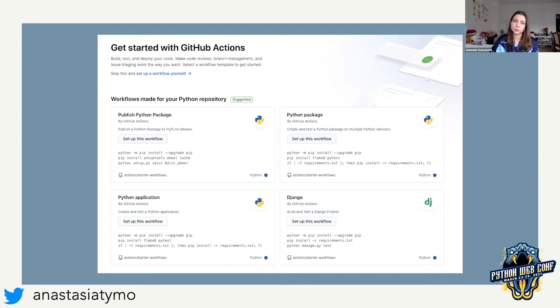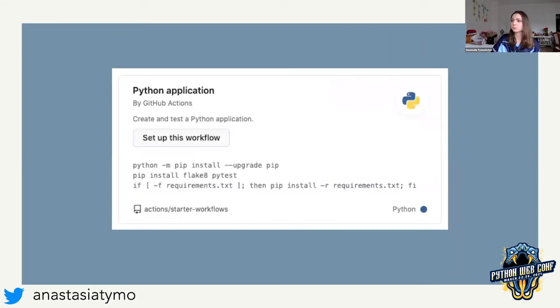For example, if you want to publish a Python package, or if you want to just have some Python package but you don't want to publish it, or maybe if you have just a Django application, feel free to try it out. It's also free for open source applications.